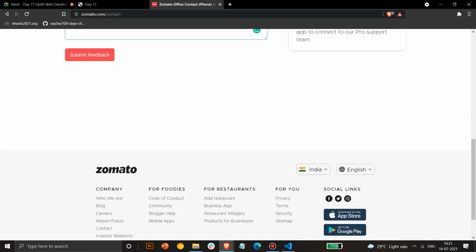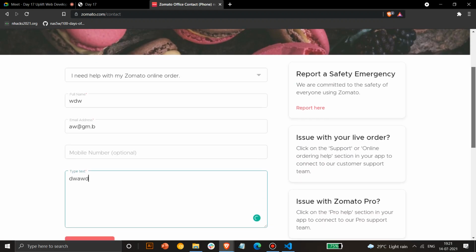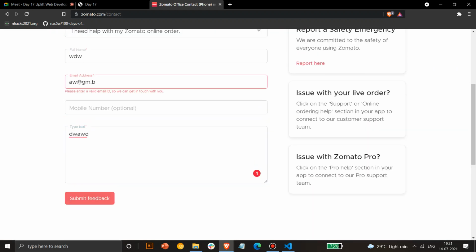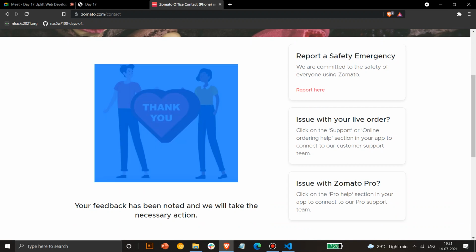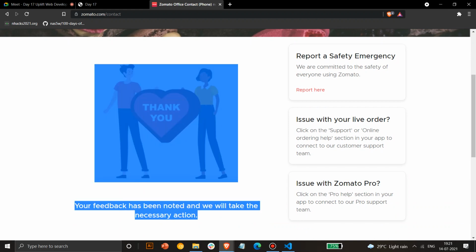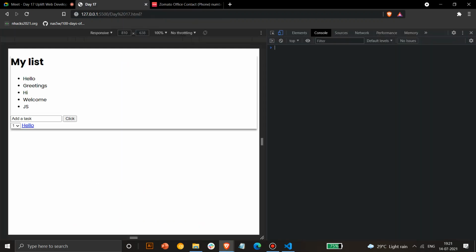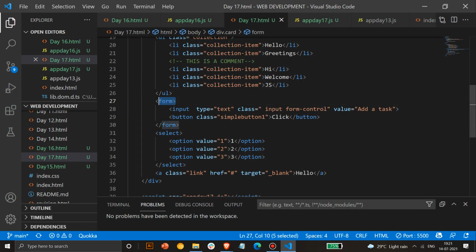Okay, and we'll submit a feedback. As soon as I click this form, it will redirect me to a new page. Okay, it checks it. So you see, as soon as I finish that form, it redirects me to some other page. This is a characteristic which is followed by all the form elements, all the forms that you use. If you use this form tag anywhere, this characteristic will be followed there.